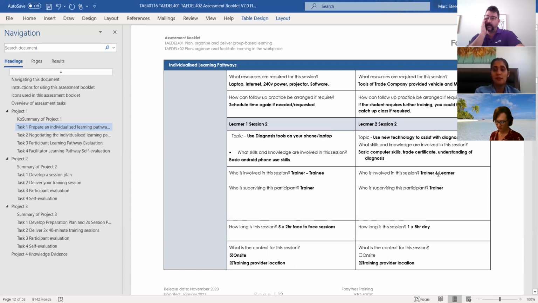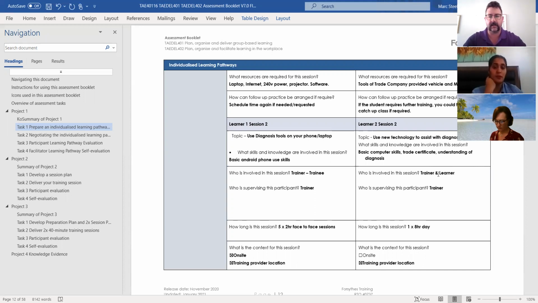Session 2, we're going to use new technology to assist with diagnosis of defects or faults in machines. I know that you're pretty handy with this already. You've been with us for 10 years, and I just want to show you how we can use these tools to probably speed up the process, and we can refer to ways people have come to conclusions on jobs a lot faster right across the world. So this is something I think you will benefit from greatly in the field.